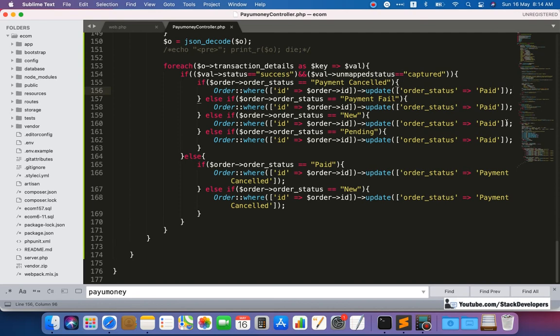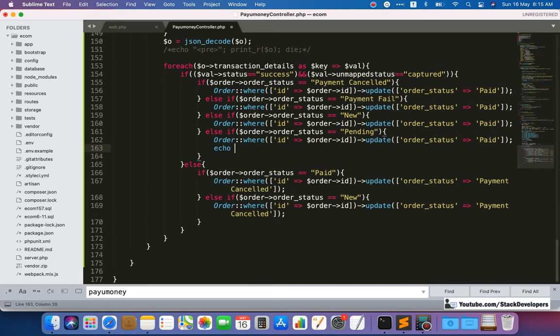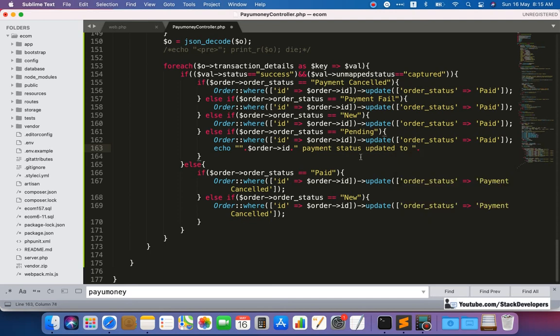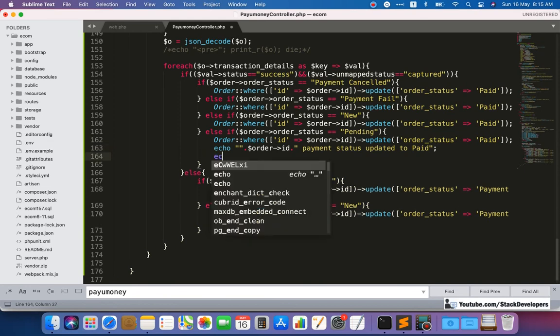Like if we are updating the status to paid here, we can simply give echo this order ID payment status updated to, okay, so simple enough, paid. That done. And here you can simply give here.